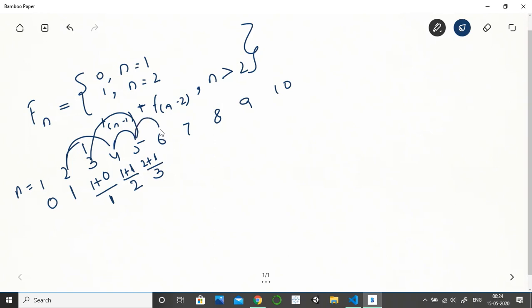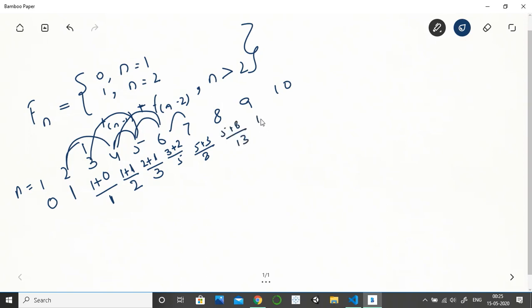We will pick the value for 5, which is 3, plus the value for 4, which is 2, and we get 5. Similarly, for this one, 5 plus 3 is 8. Then 5 plus 8 is 13.